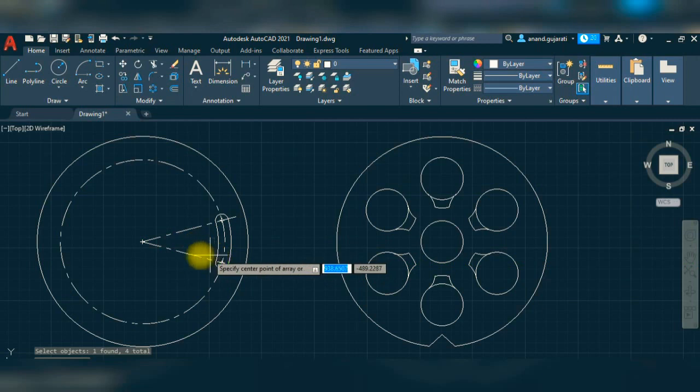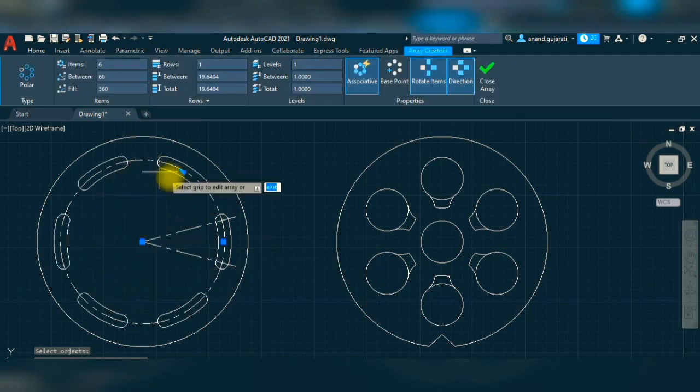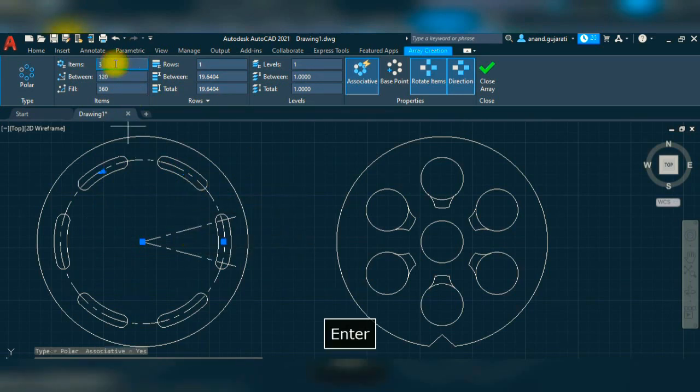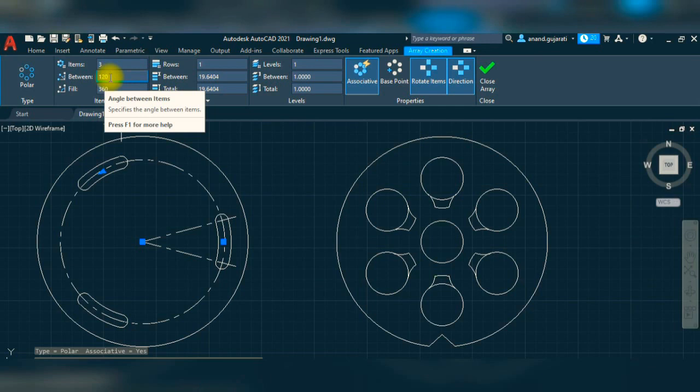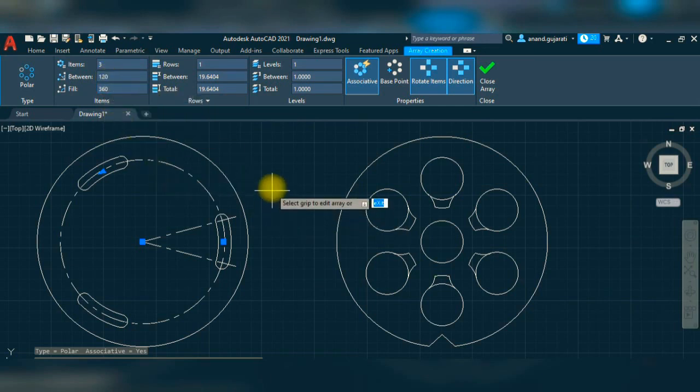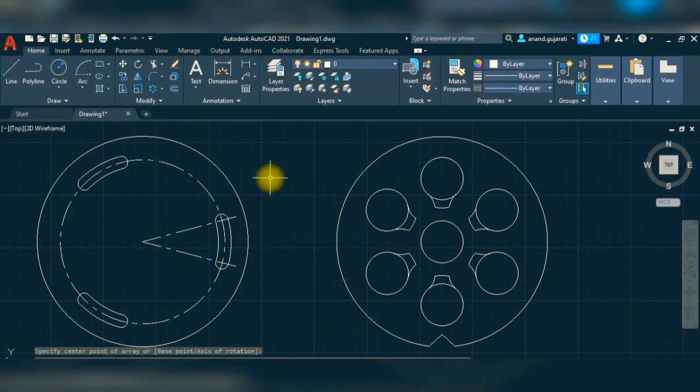It is very important. I give the center here. The default value is 6. I only require 3. Enter. As you can see, 1, 2 and 3 come and are filled into 360 degrees. So that's why the angle is 120 degrees. Okay. Then press enter. By using this command, you can do this.